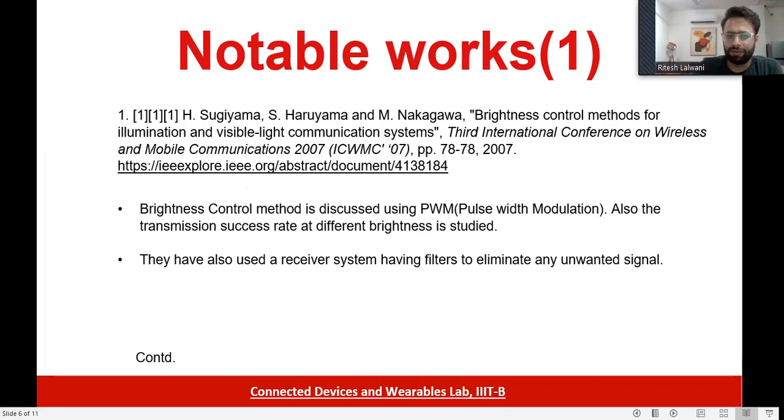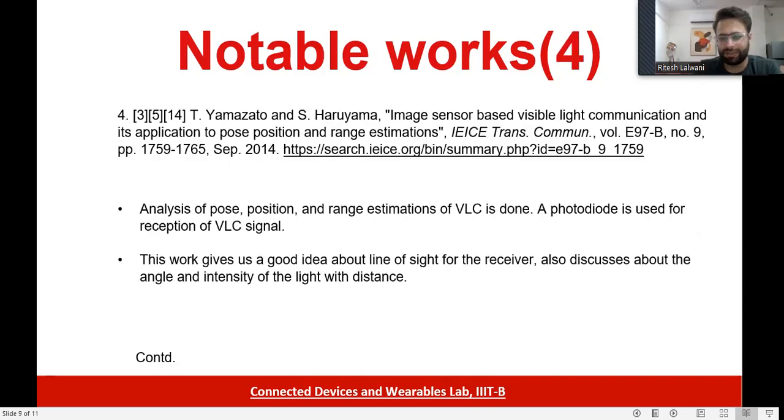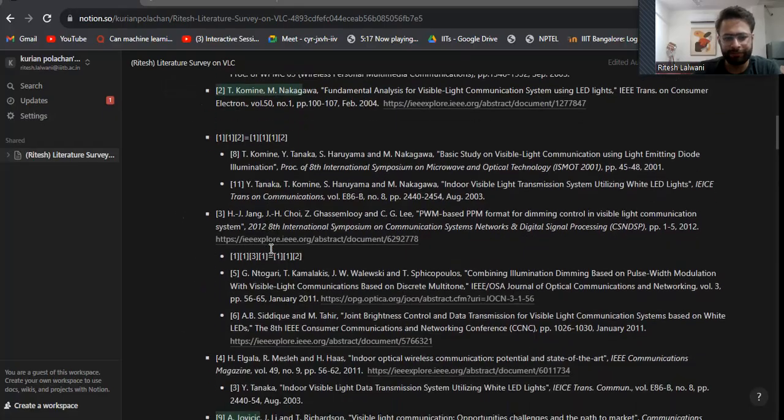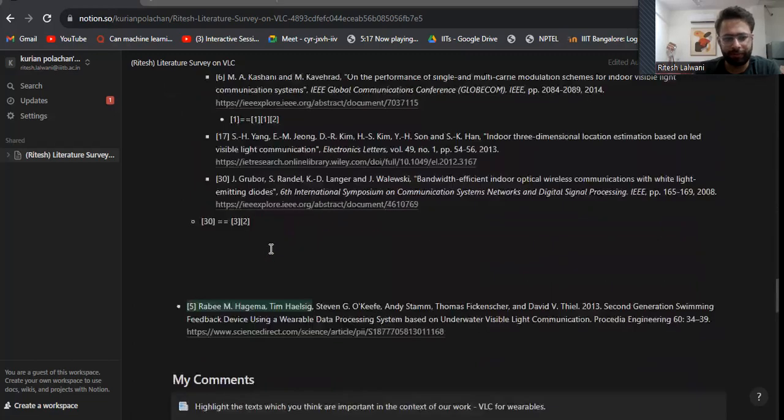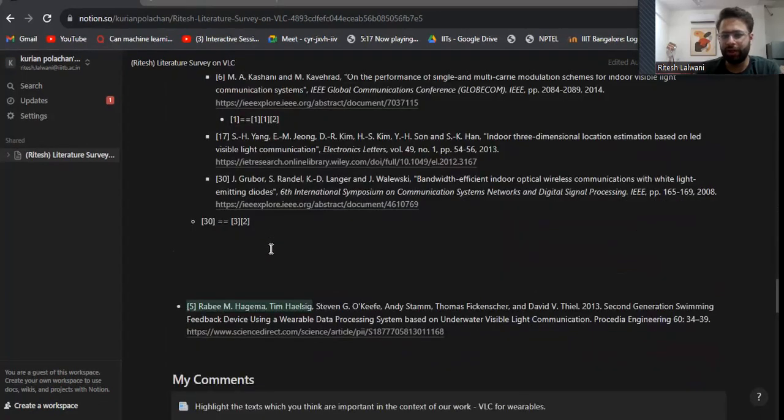Also, you can go for articles from reputed journals or journal works. Sometimes you might find some references but not find that paper, or you don't have access to that conference PDF. Then it's fine, you don't have to paste the link. So this is how you can document it. We use a Notion page for documentation. And yeah, what I did for the VLC project is I went through around 200 to 300 papers,